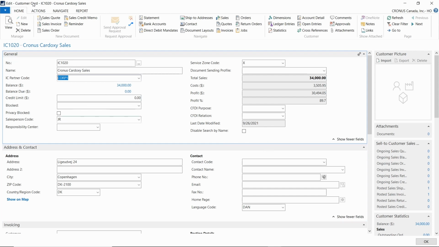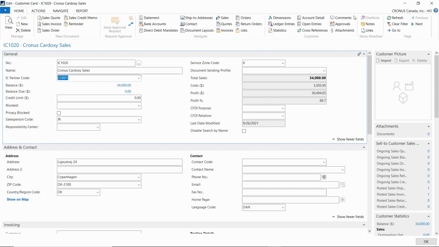Then you can set up the relevant customers or vendors, right? So like this, if you are creating a sales transaction in HO, selling it to the Corp 1 US company, then you're going to create a customer. And in the US company, you're going to create a vendor which has a SC partner code for HO, because that vendor is going to take the purchase transactions, which will be automatically created from the sales transactions from the